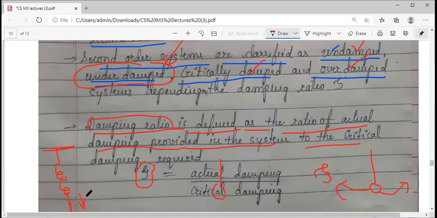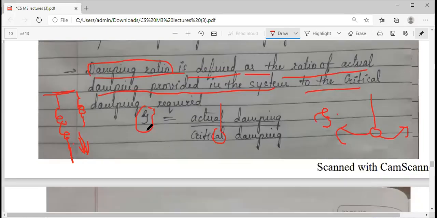So what will happen to the spring? If you pull this end and release it, no doubt its shape and length will change somewhat, and after some time it will try to attain its original shape and position. That is the meaning of damping. Damping is this: oscillations and vibrations will occur, but they tend to decrease and they try to attain a final state, the equilibrium state. That is called damping. Coming to the different types, hope you understood the meaning of damping.